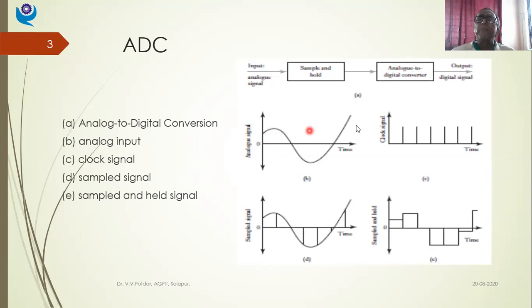What is the meaning of a ramp? A ramp is nothing but when you take your vehicle for washing in the service station, whatever slope that you have, that is the ramp. So what is this ramp? A ramp is nothing but a slope. This is the sloping signal, continuous line, sloping signal. Now this signal is continuously increasing with respect to time. So I can have a ramp signal, or I can have a step signal, I can have an impulse signal, I can have sinusoidal signal. In this case it is a sinusoidal signal.